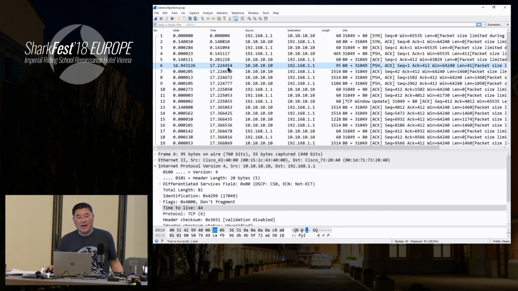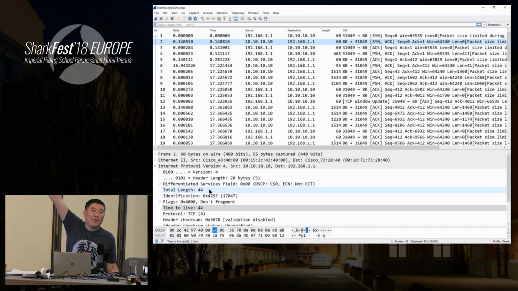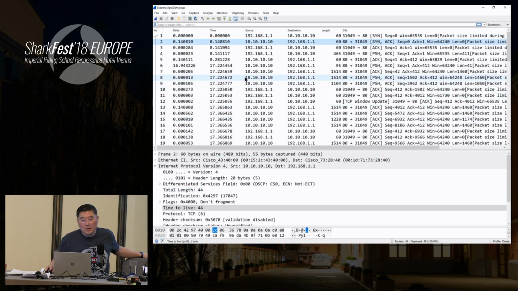Because let's look at this guy, and his TTL is 44, and the other one was 44. So the one thing I can rule out is that there was a massive detour going around the world on a different path that eats up more TTL before it got to me. So this wasn't a reroute condition. TTL helps me in ruling out a reroute where I took a much, much longer path. Okay, rule that out. So how did I prove, how did I say, suck it, because this is 100% on you? How did I prove that? And that is